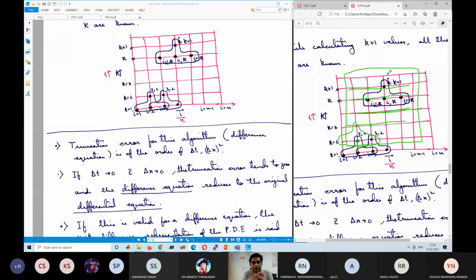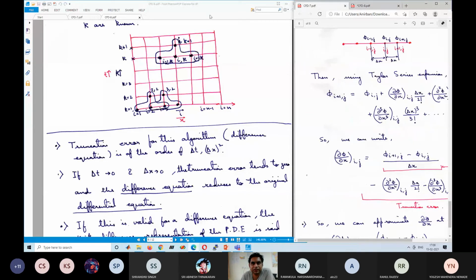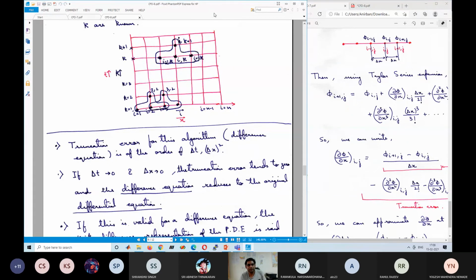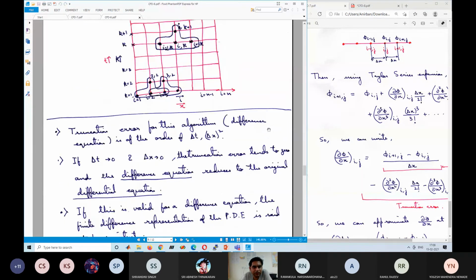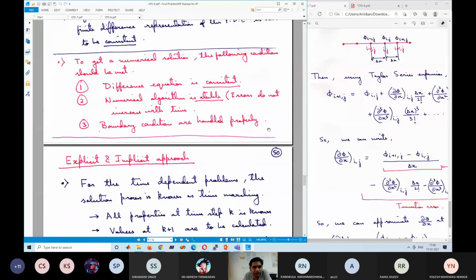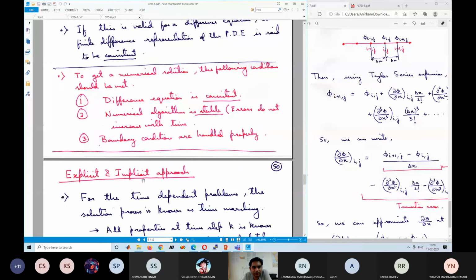Any questions, any doubts regarding this? No, sir. Okay. You will see that this is very interesting; you can predict a lot of things, like temperature profiles. Later I will give a 2D assignment. You will be able to predict many interesting real life scenarios by using this type of simple code. Just a few discussion points regarding this, and in the next class we will go to explicit and implicit approach.